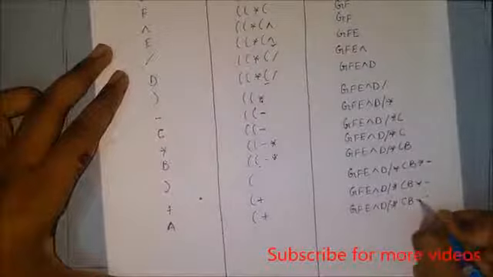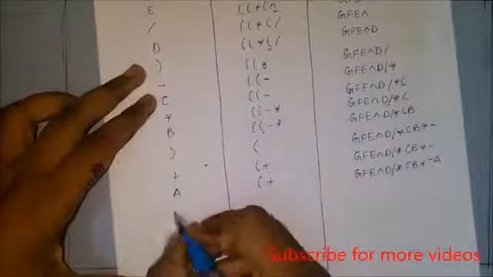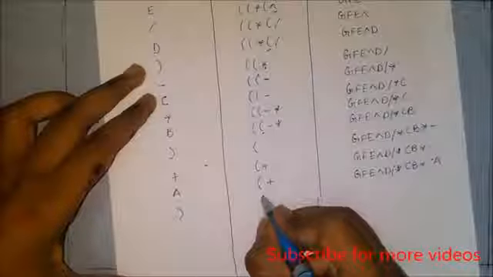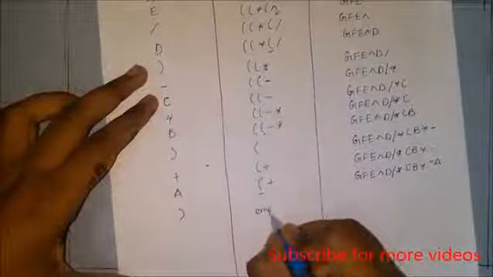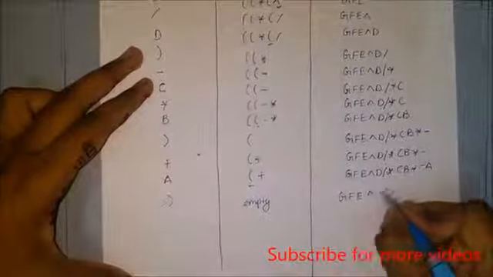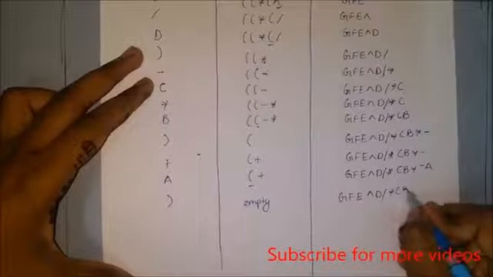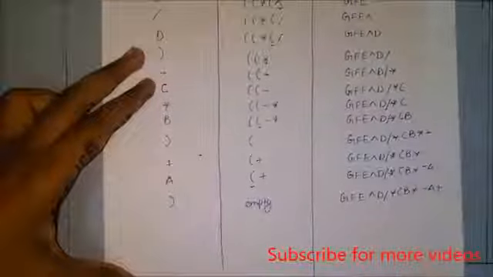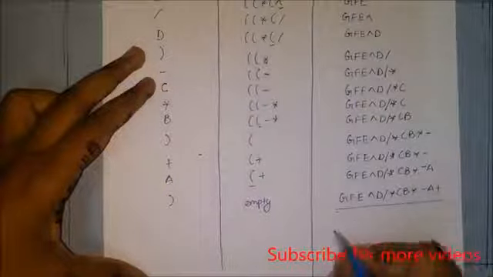Again, an a operand, so a will be added into the postfix expression, and the stack will be as it is. After that, we encounter the right parenthesis, so it will pop out the stack to the left parenthesis, and the stack will be empty now, and the plus operator will be added into the postfix expression. So here's the postfix expression, and now we will reverse it to convert it into the prefix expression.